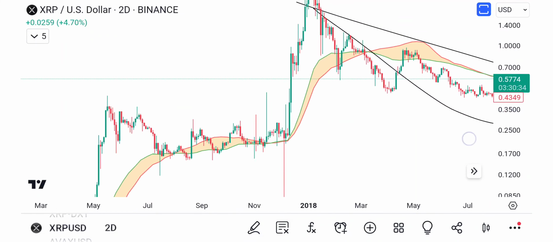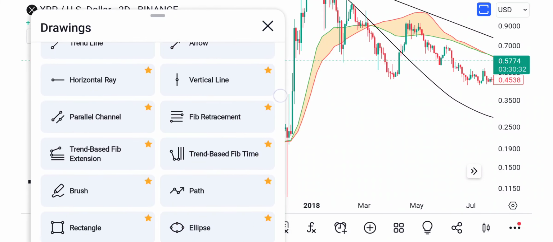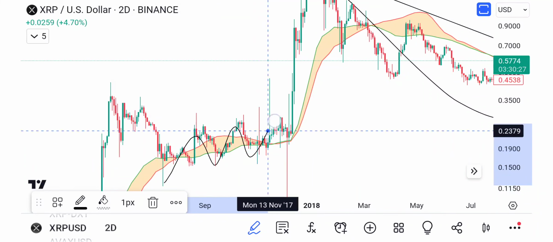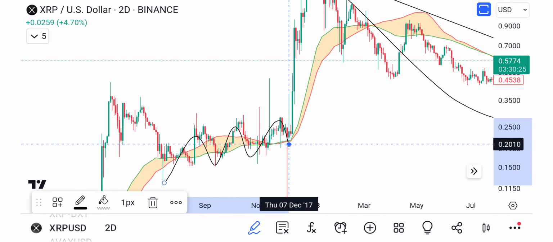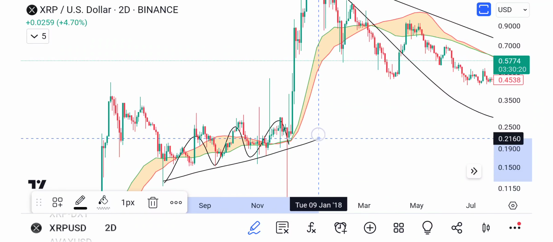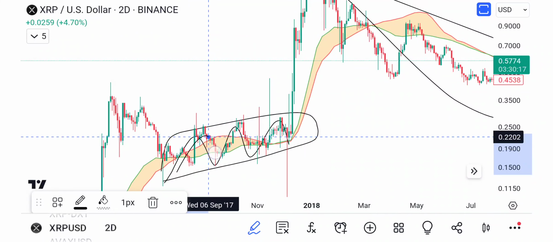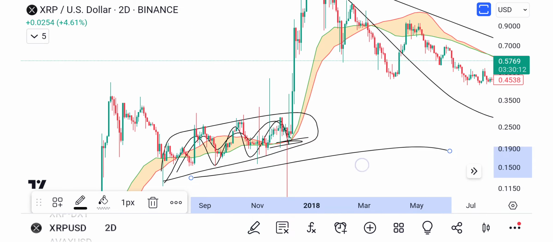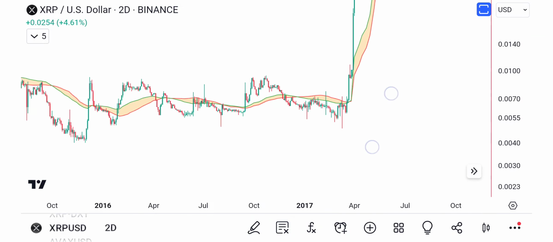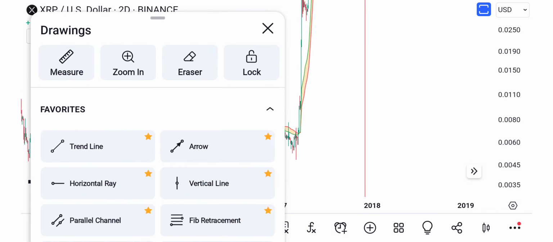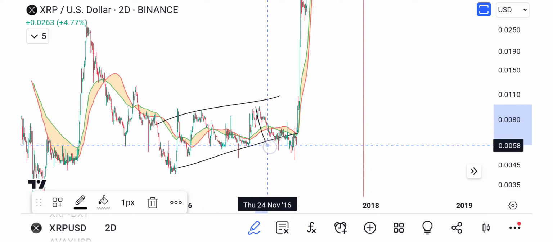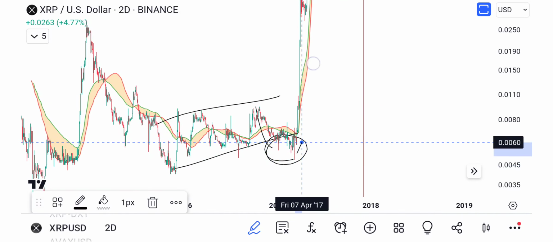Or even looking at this fractal here, you can see we have a 1, 2, 1, 2, 1, 2. Well, it's not really a 1, 2, 1, 2, but you have this sort of rising channel here, and you're retesting that bull market support band, right? Or something like this, where again, you have another sort of rising channel, and you break below the channel, grab that liquidity, then go.